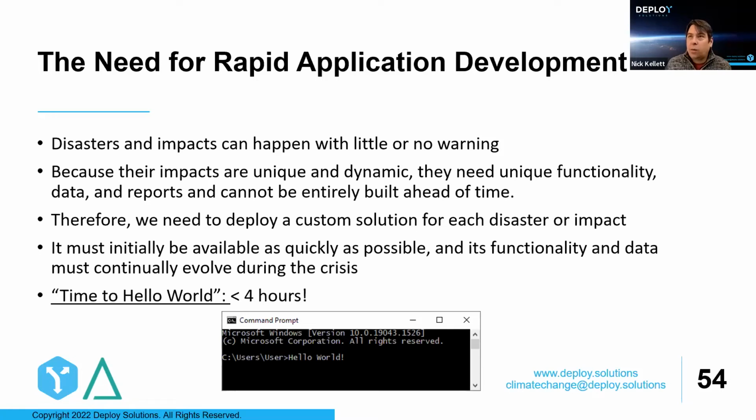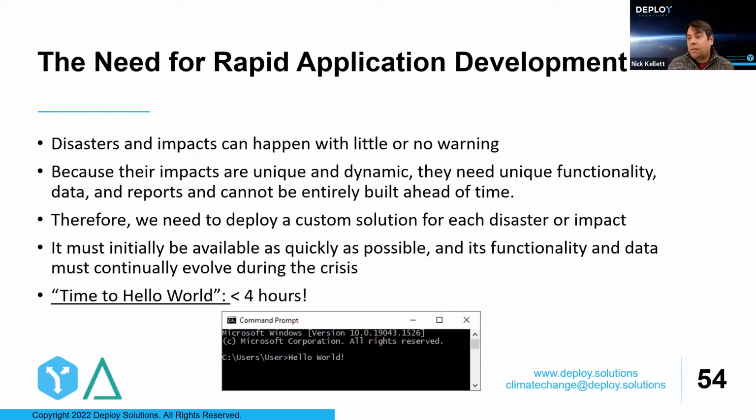By definition, these are complex situations, and to be really useful, any particular solution does need to know of and be prepared for these custom requirements. The data is going to be custom, the reporting is going to be custom, and the people interacting with it, the individuals affected and the responding authorities, are all going to be different.